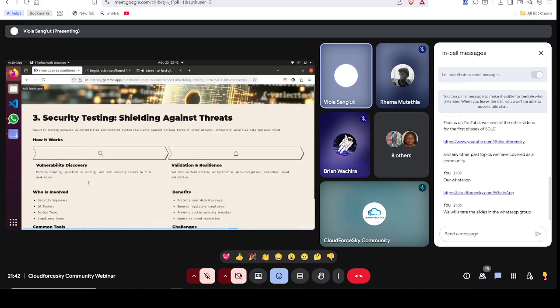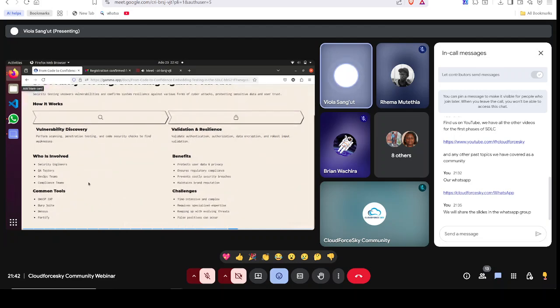Also, looking at the time on my computer. So